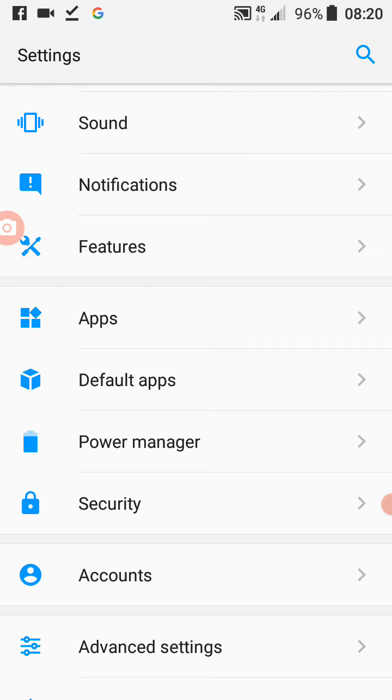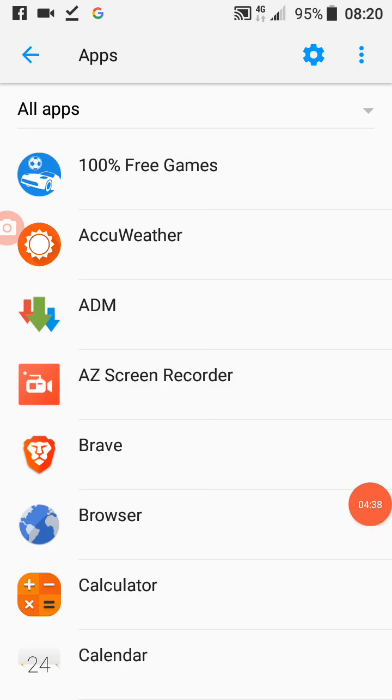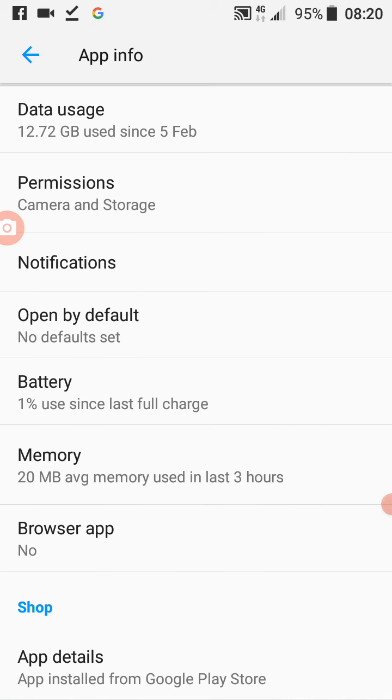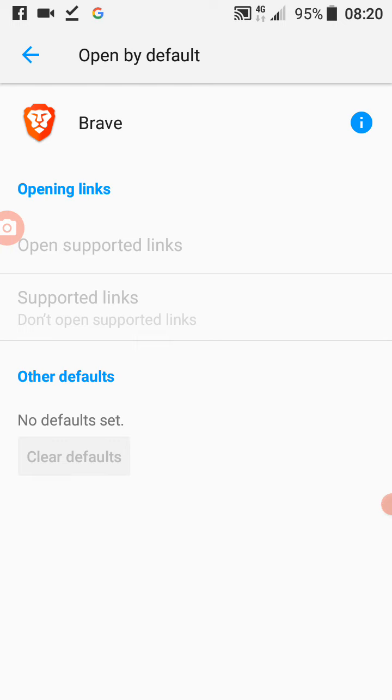If you are unable to get that, all you need to do is go to that application. Maybe it's Chrome that you are using, so when you click the link, it goes inside Chrome. Go to the application. Okay, once you click on that application, you see media, browse, app, memory, open by default. So you go and check this place. I do not use it as default, that's why it's showing me like this. If you use your own as default, you see where to unselect it. So you unselect it there, then you go back.